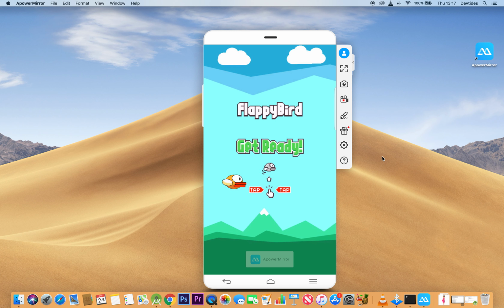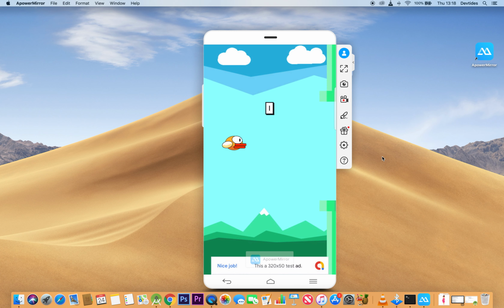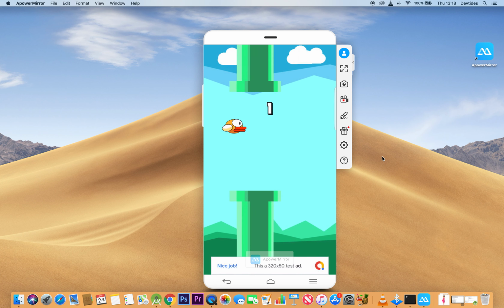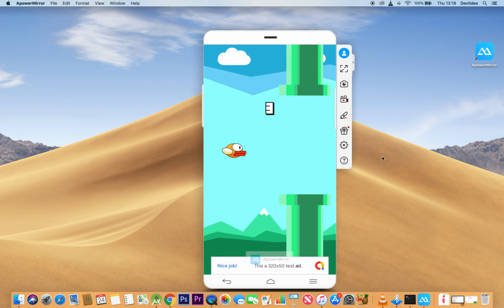So once we... right now I'm using a real device to play the game. So once we actually tap on the screen, we're going to start moving and our bird is going to actually start flying. So I'm going to play around here a bit so we can see that our little bird is